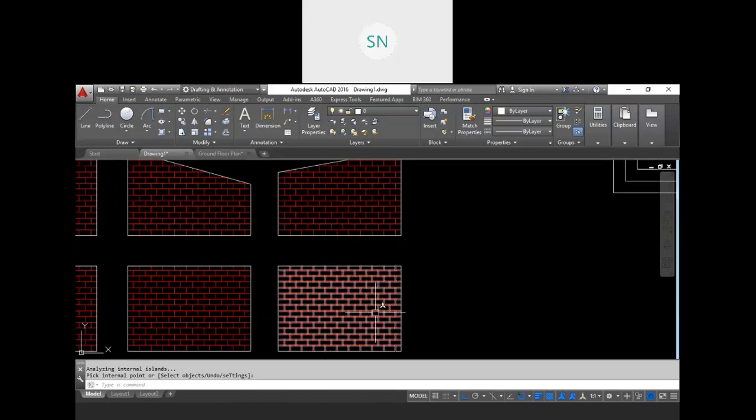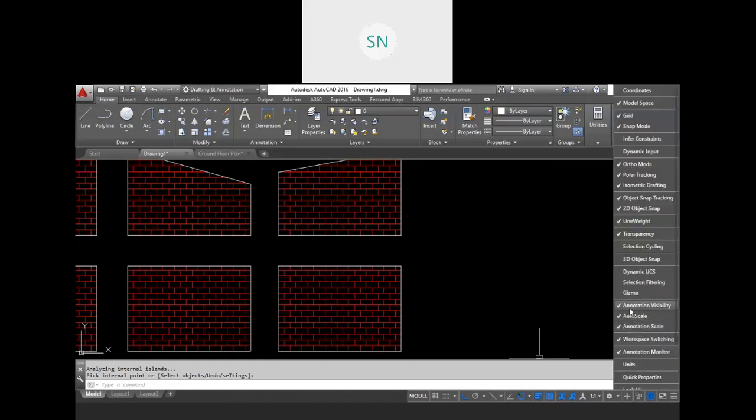Annotation means it will experience one more scale, right? And that scale is on the status bar. If these options are not visible, then go to customize and turn these three options on: annotation visibility, annotation scale, and annotation auto scale. So these three will be over here.